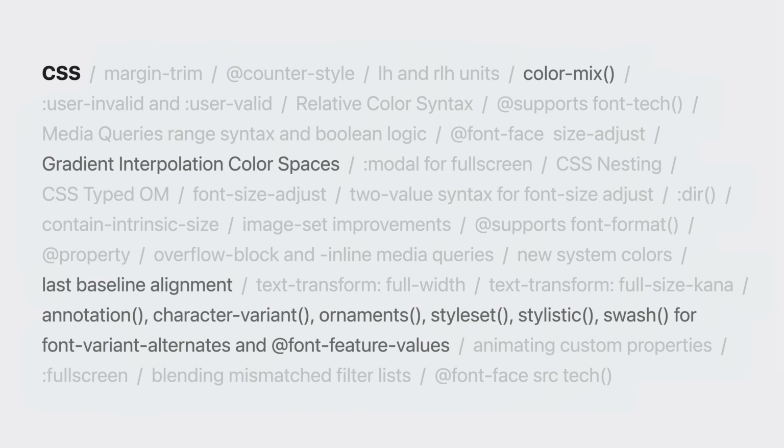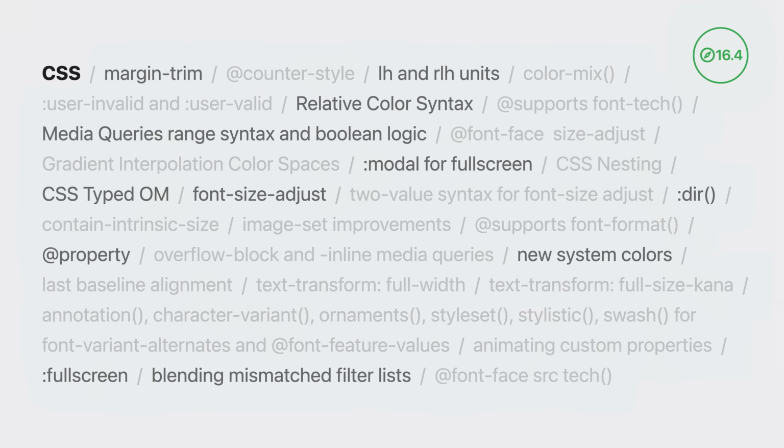But that's not everything we're doing this year to help you take your typography to the next level. In fact, there's a lot more CSS coming this year. In Safari 16.2, we also ship support for last baseline alignment for grid and flexbox, plus several functions inside font-variant-alternates and font-feature-values to further support OpenType features.